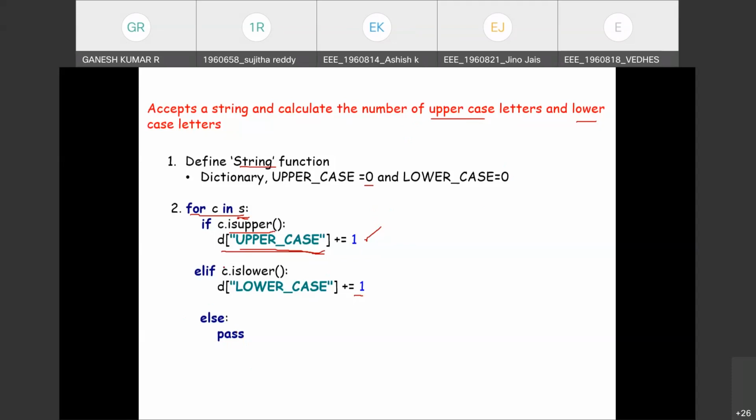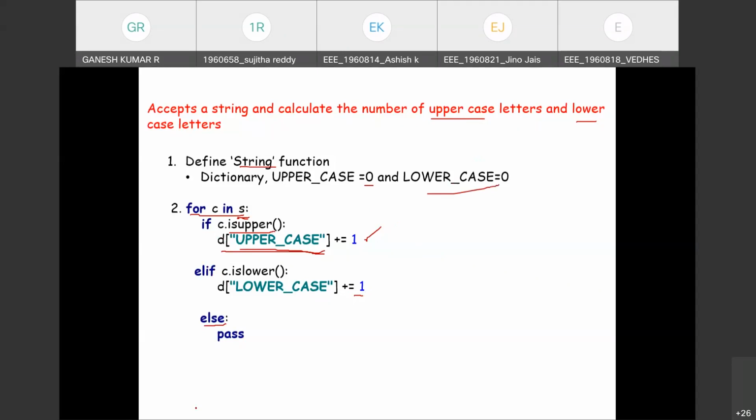We had already discussed the ladder: if should have if and elif, and by default an else statement. So if upper, increment; else if lower, increment the concerned variable.